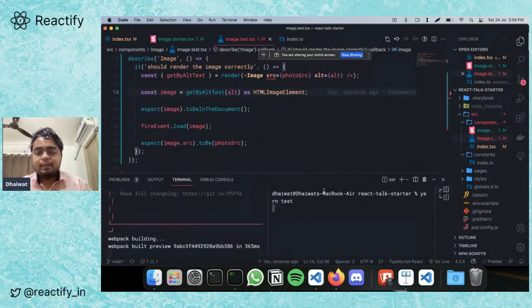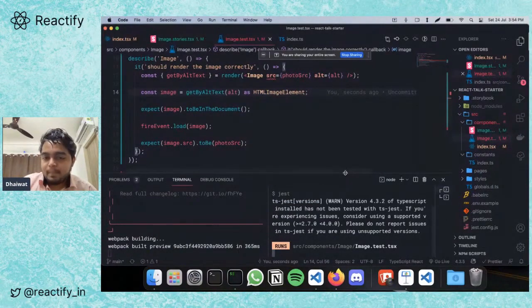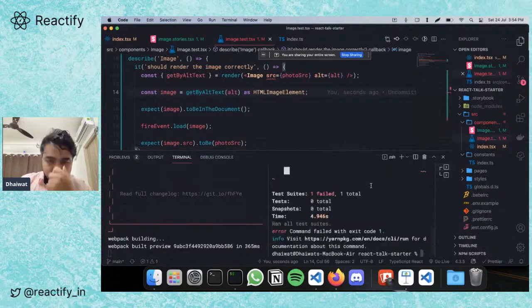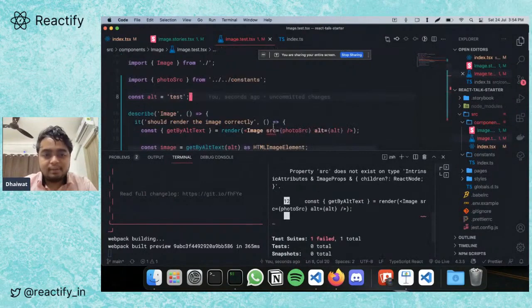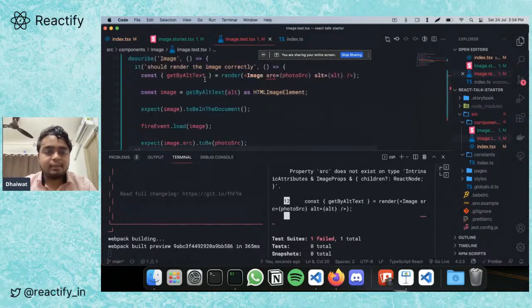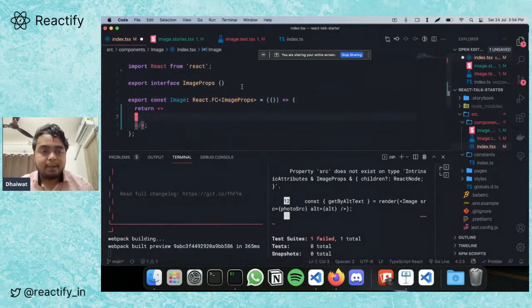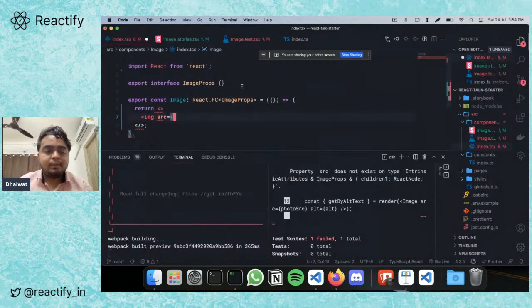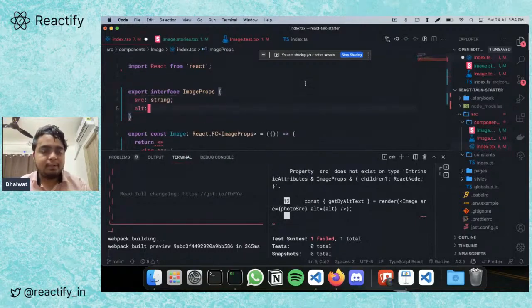Okay, let's run the test. It should not pass. As expected, it fails because these props don't exist. Let's now write the markup so that our test passes. So we'll just be using, like I said, a simple image component, nothing too fancy. I'm just defining the props here.